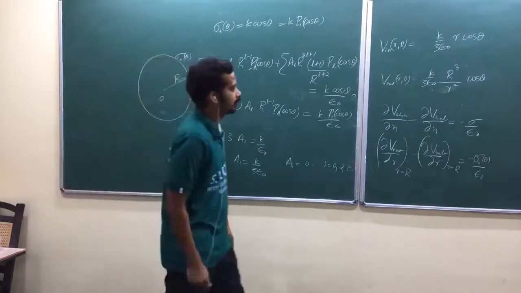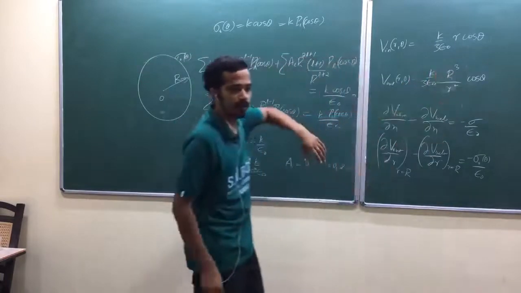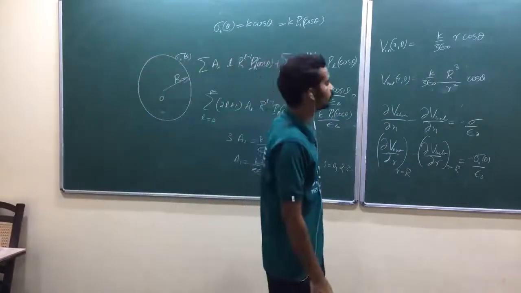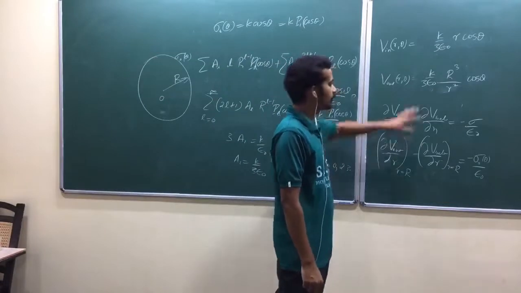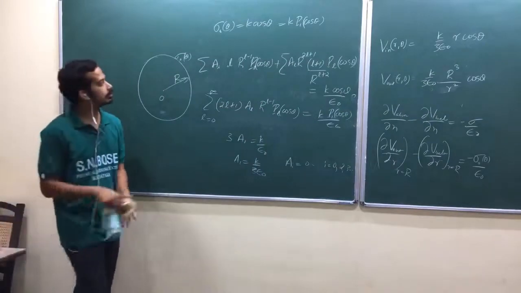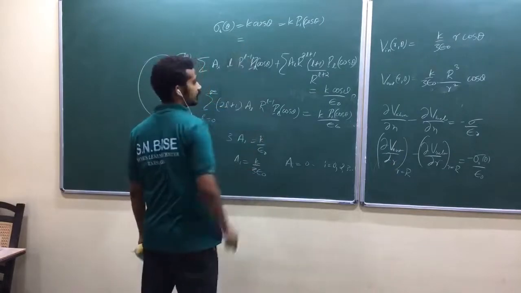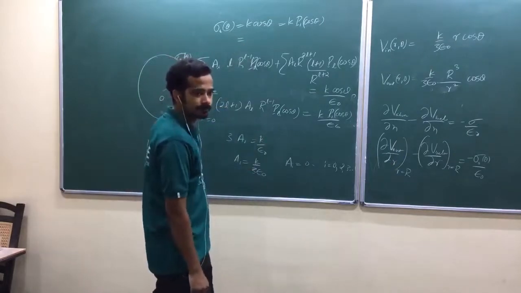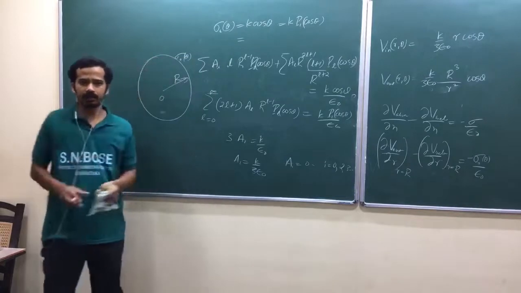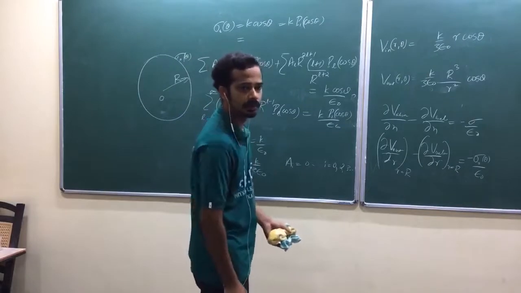Now, do you remember again? This was similar to the other part of the potential, whatever we saw in the last example. In the last example, we had two terms. Do you remember? The second term was of this type actually. Just check it out. So, in place of sigma equal to K cos theta, what was K? Do you remember? What was K? Just check it out in your earlier example. You have to practice this, okay? Because a lot of steps are involved, but you can do it quickly. What was this K?